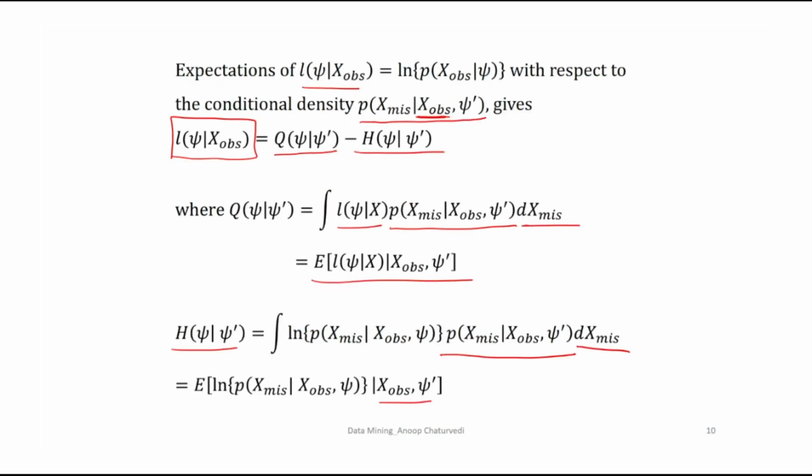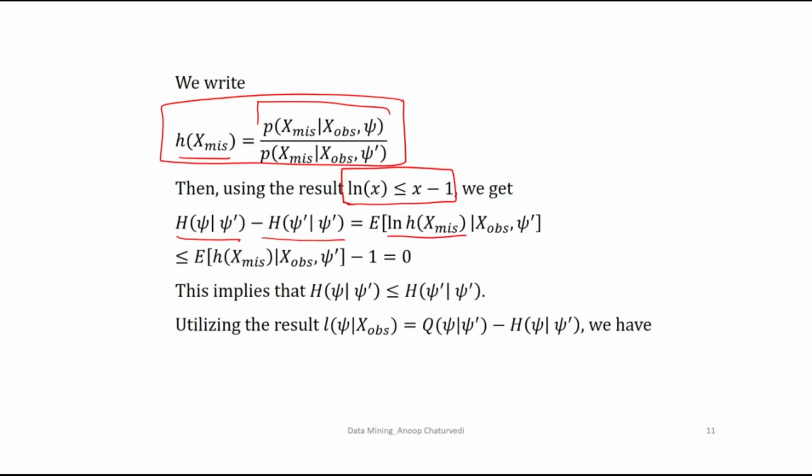Just make use of this expression for H from here. And then we also make use of this result. So this is less than or equal to the expectation of H(x missing) given x observed, psi dash, minus 1. And then this quantity is equal to 0,